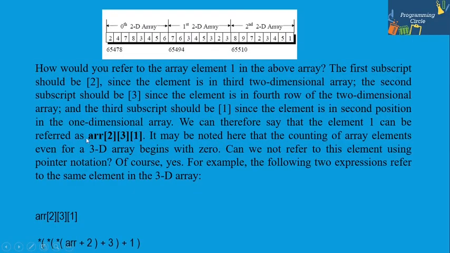Now this whole thing can be rewritten in terms of pointers. Just now I mentioned array plus 2, which will give you the second 2D array, and then plus 3, array plus 2 with dereferencing operator, plus 3 with dereferencing operator will give you the third row, basically 0 0 1 2 3, third row, and column wise it will give you 0 1, first column, and then dereferencing. This is how a 3D array works.